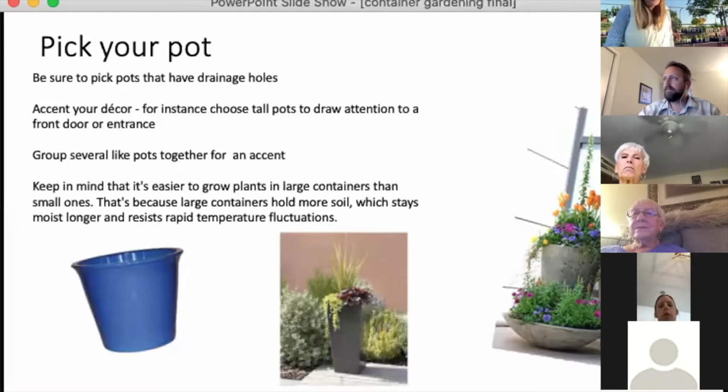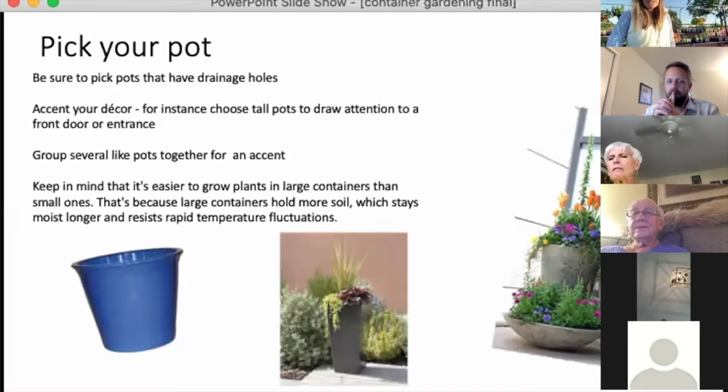But you also can choose tall pots. You can choose pots that accent your front door. You can put a bunch of pots together. It's easier to grow plants in larger pots just because it keeps water longer, so you don't have to water it as often. But some of the textures, and we talked about this a lot,